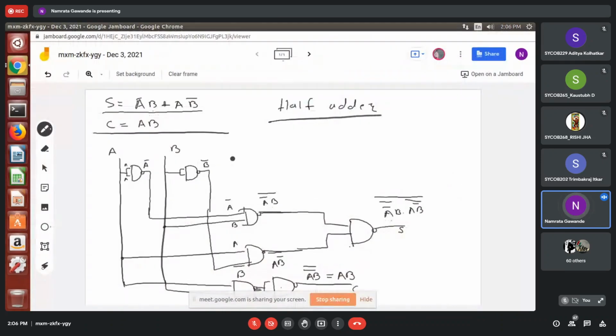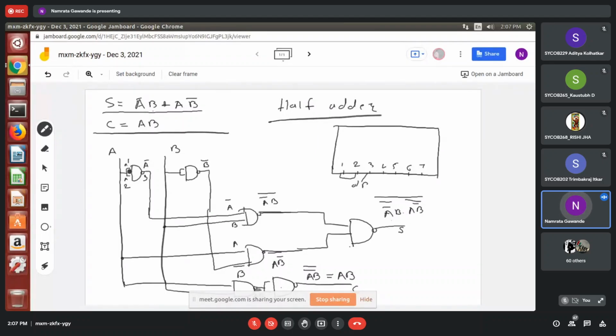So here, as I know, based on this, I'll number 1, 2, 3, 4, 5, 6, 7, right? 1, 2, 3, 4, 5, 6, 7. So 1 and 2 are input and 3 will be the output, right? These two are the inputs and 3 will be the output, right? You just mark it like that, so it will be easy to make a connection. 1 and 2 inputs, both the inputs are the same. Those are coming from A. 2 input NAND gate. Okay.